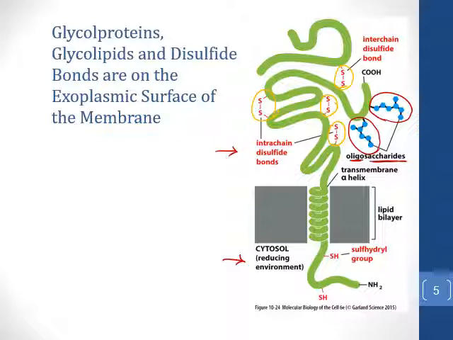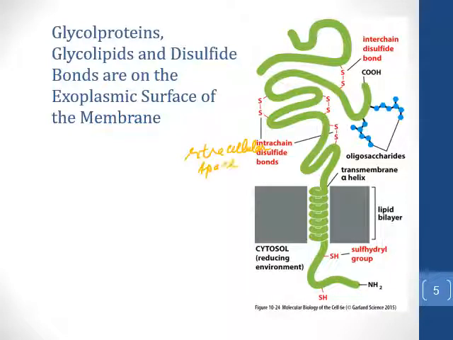Now let's think about this in a different way, however. Let me erase that. And let's assume that this picture doesn't show the cytosol and the lumen of the ER, but rather it shows the cytosol and, let's say, the extracellular space. In other words, outside the cell. Now ask yourself, does that fit? And the answer is it does fit, because we know that when a protein, let's say a transmembrane protein, is inserted into the ER membrane, we know that the portion that's in the lumen of the ER, if that protein is incorporated into a vesicle and makes its way to the plasma membrane, we know that once that vesicle fuses